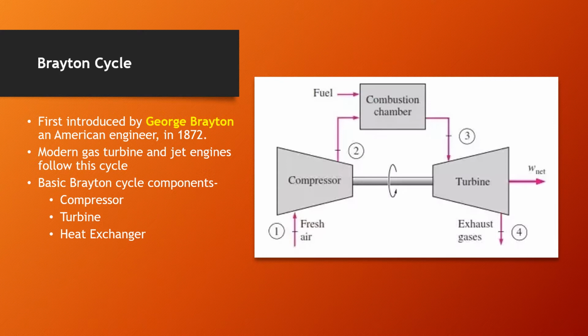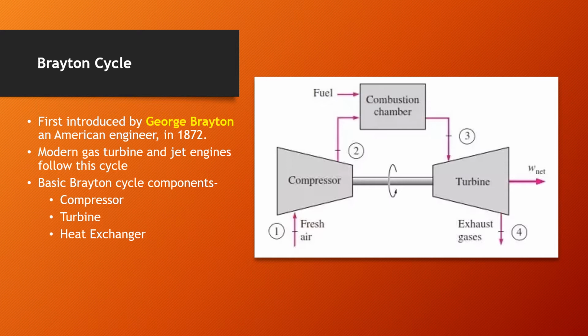The basic components of a Brayton cycle are a compressor, a turbine, and heat exchangers. You can see on the figure on the right, it shows an open feed Brayton cycle system or gas turbine system. You'd have fresh air going into the compressor and you're going to compress the air, which increases its pressure. You're going to feed it to a combustion chamber where you'd inject fuel and have combustion. The exhaust from the combustion chamber would be used to rotate a turbine. The turbine would in turn produce work